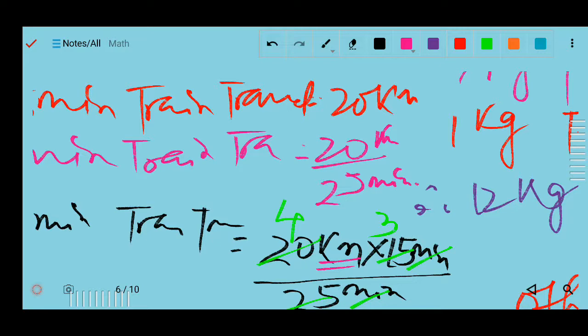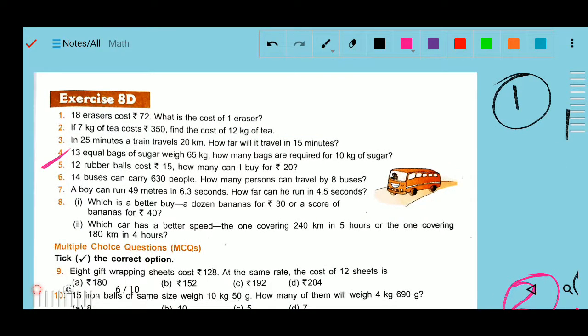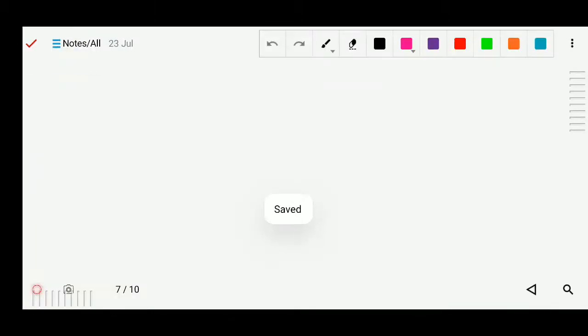Number 4 is the same, you can do it. Number 5. Question number 5 is: 12 rubber balls cost rupees 50. How many can I buy for rupees 20? Okay, so in this question you can see, if I solve this question, if I write it like this,